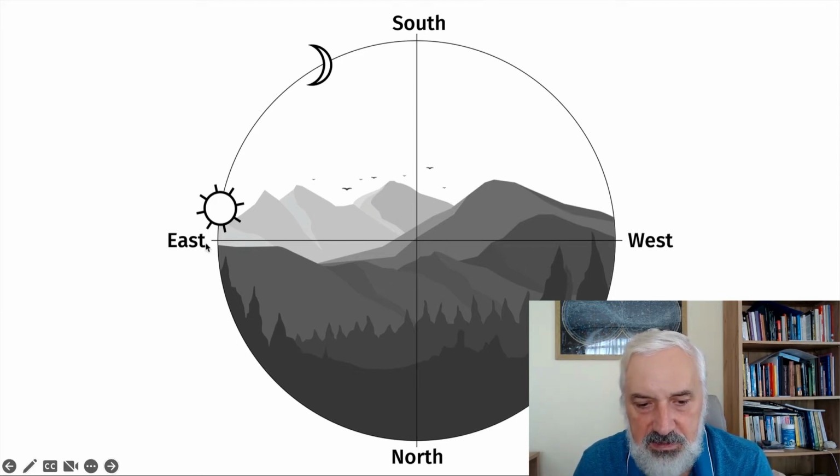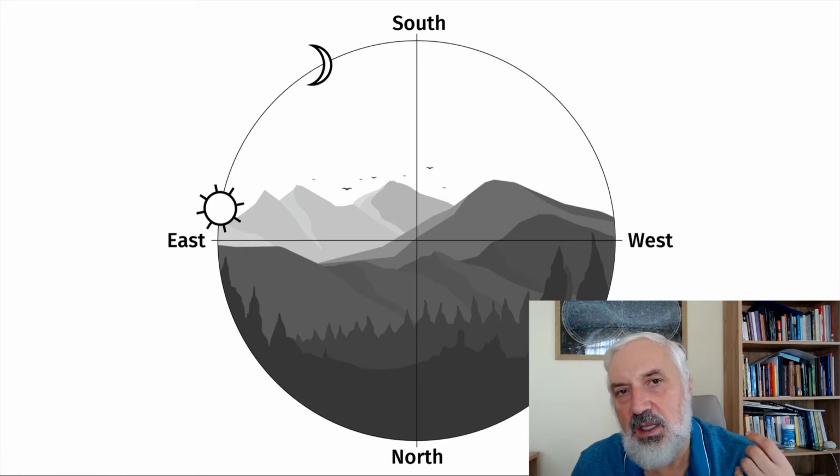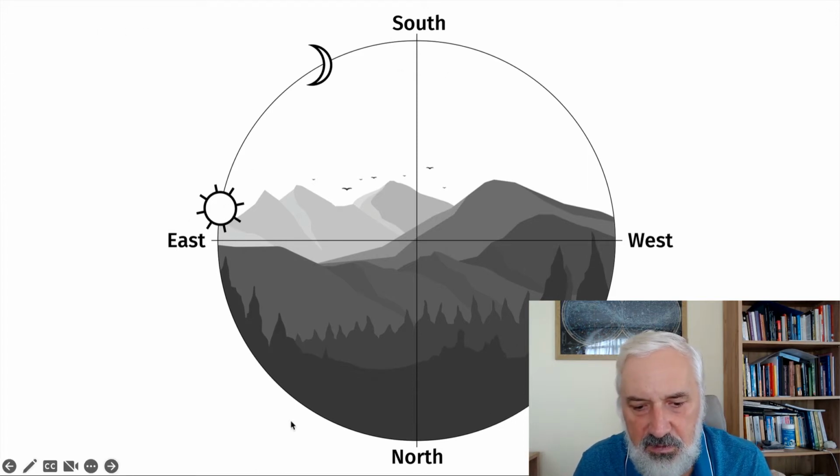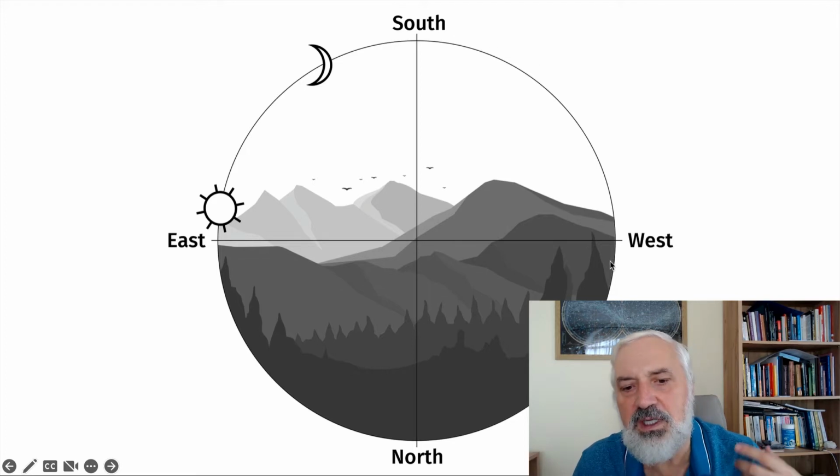We can see that this is a horizontal line and this is a local horizon at the place of birth. At the left is the east, and we can see that the sun has just risen in the east. It's early morning perhaps, and the moon is a little bit higher. A natal chart is a snapshot taken at the moment of birth, but if we allow the universe to move from this point further on, we'll notice that the sky, this circle, will rotate clockwise.